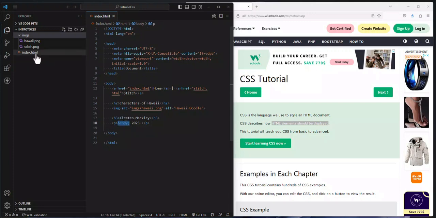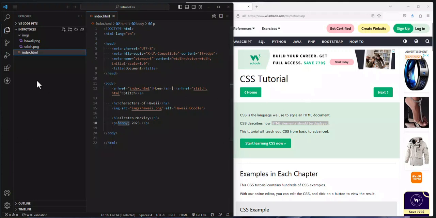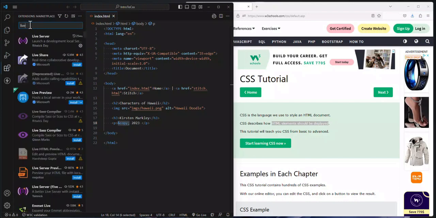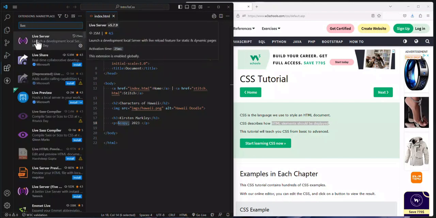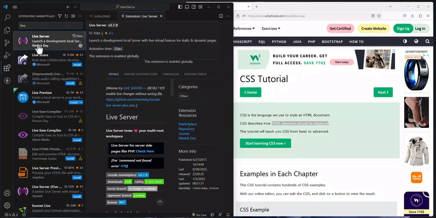So in the past, just kind of a remembrance, we installed an extension that enabled us to right click and choose Open in Default Browser. And that worked pretty cool, but then we had to continually refresh the page every time we made a change. So I'm going to give you a different extension if you want to play around with it. So under extensions, if you want to click on something called Live Server, I think mine's already installed, but if you want to click on this one and go ahead and install Live Server, this is really a neat extension